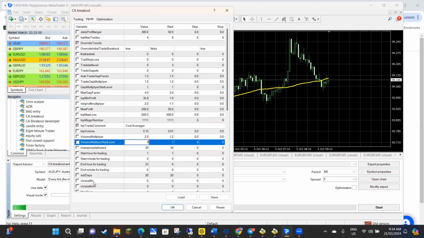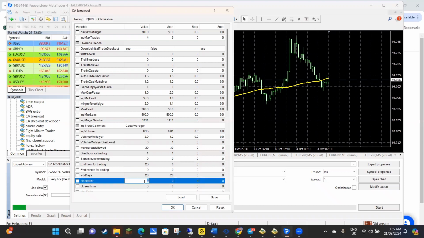We have a close all hour and minute as well. For whatever reason, you might want all your trades to be closed out at a certain time. Perhaps you're coming up to a red folder event and you can't be there to monitor it yourself. Let's say there was a red folder event occurring at 1500 hours. You could just put this in at 14:45, and that way, if the software hadn't turned it into a profit and closed it out by this time, it would close those trades anyway,